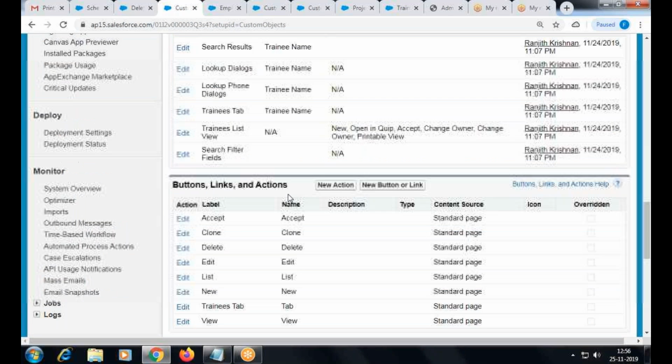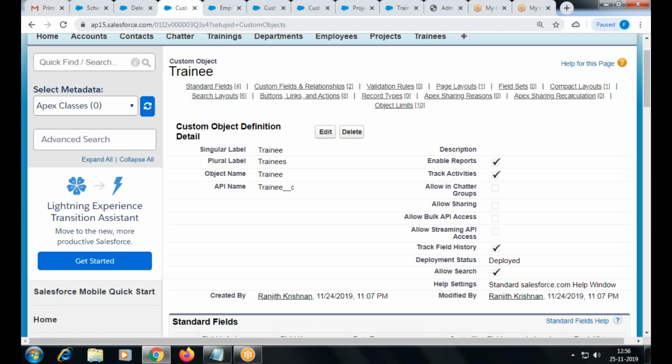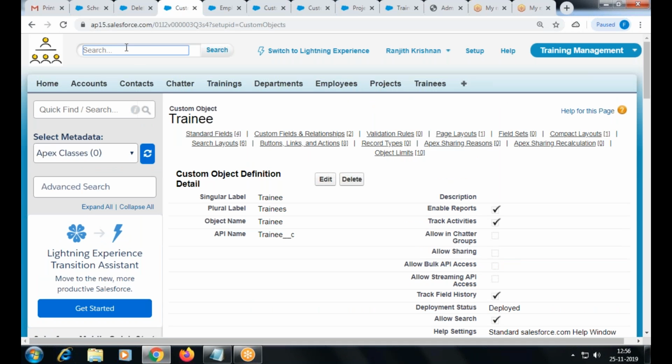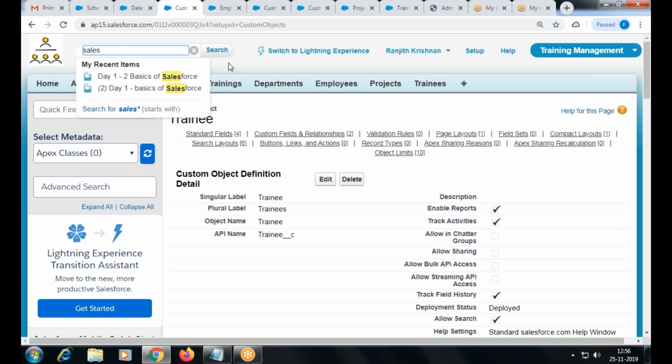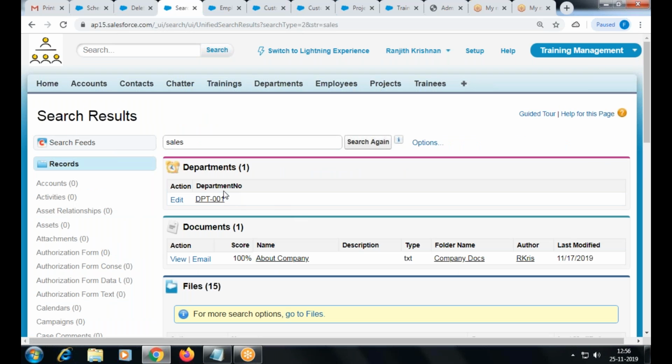What are the other things it's controlling? It's controlling the search result. It means what? This is your search result, right? Sales. What am I getting here now? Only department number. So in the search result, I can also customize the layout. I need to bring status. Okay, other fields here belong to which object?